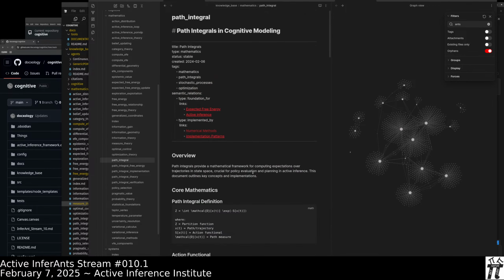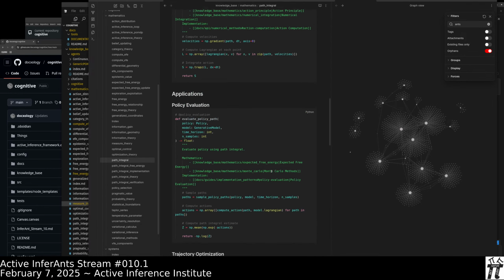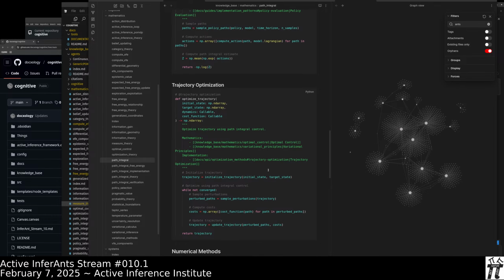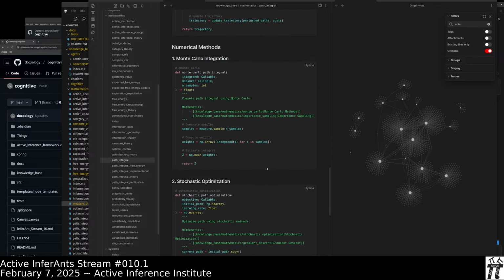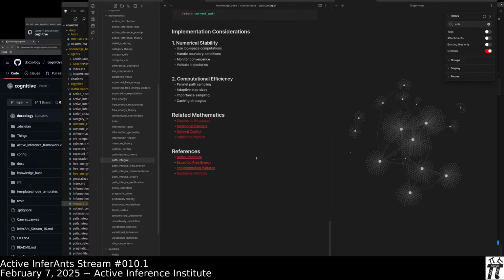So, for example, the path integral work. This is some recent work in active inference and FEP that no one is born knowing. So how can we learn this? Well, there's going into a search engine and trying to find documents based upon backlinking or semantic similarity, and then reading the primary words that were on that page.